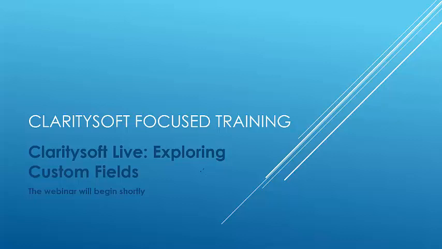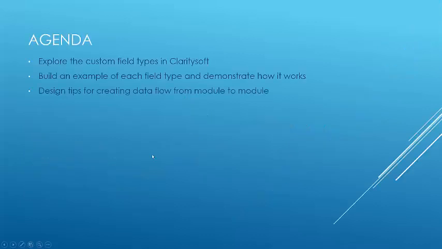Today is Tuesday, July 31st, 2018, and this week's topic is exploring custom fields. I'm going to create different custom field types in a demo database. So basically I have a database that has 4 or 5 records in it right now, and then I'm going to go in and build different custom field types and demonstrate how those can work in your database by building an example. And then as we talk about them, just make different suggestions for how you can structure your database